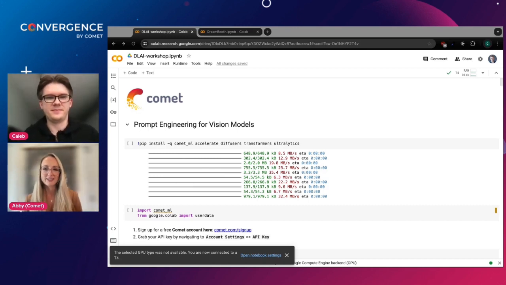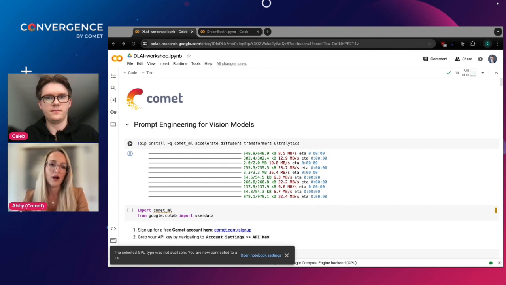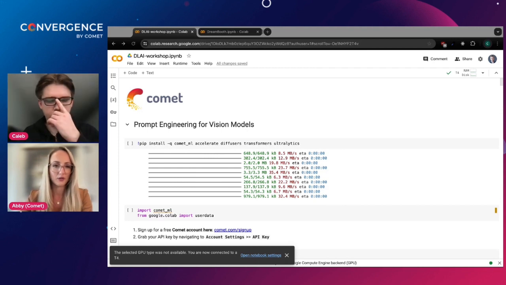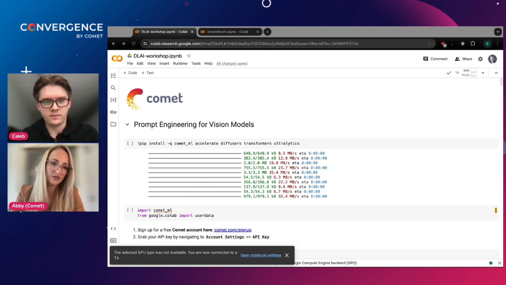We recently released a short course with Deep Learning AI, so you can find that course on their website if you're interested. But in this workshop, we'll be doing a little bit of a deeper dive. We'll be going through some of the things we didn't quite have time to get through in the Deep Learning course. So just as a general overview of what we'll be going through in this course, you've probably heard of